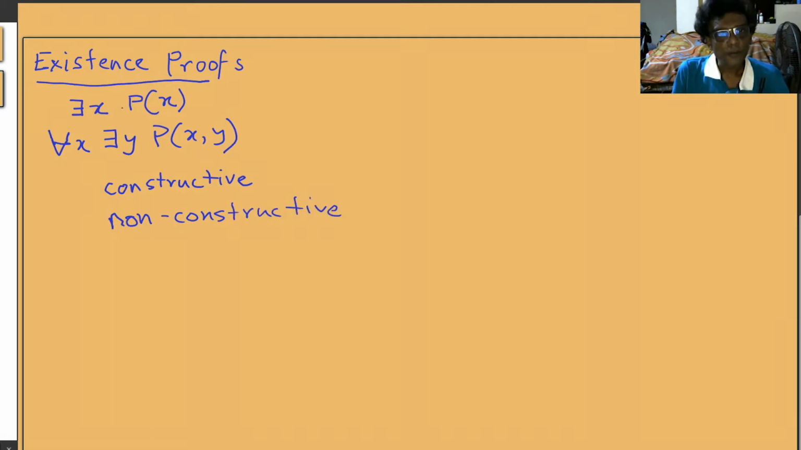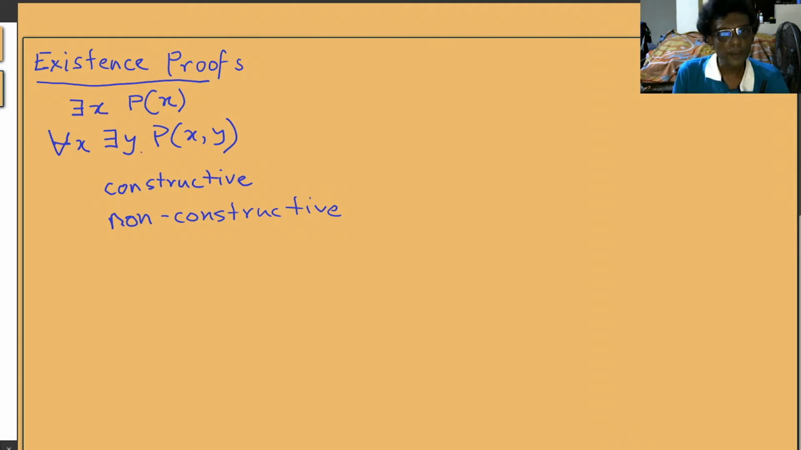So for a statement like this, you actually find a value of x for which p(x) holds. Now, if you can just show that such an x exists without giving an algorithm for computing this x, this is called a non-constructive proof. On the other hand, if you can actually compute some value of x for which p(x) is true, then this is a constructive